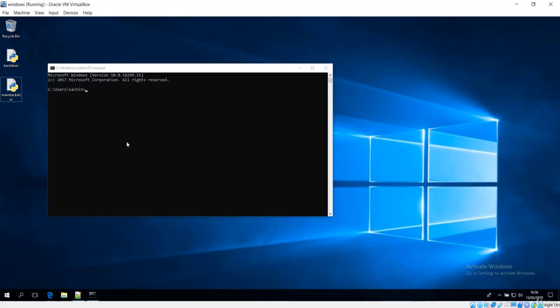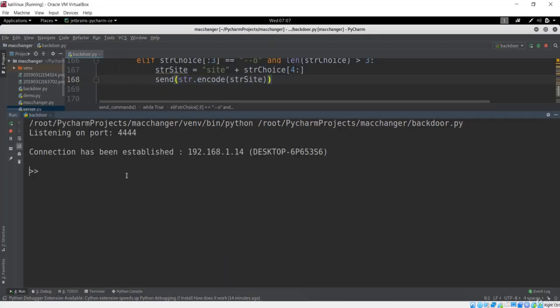Let me navigate to that path, which is my desktop where this file is, and our file name is backdoor.py. If I hit enter, this will activate. Then it is saying connection established. Let me list it out.